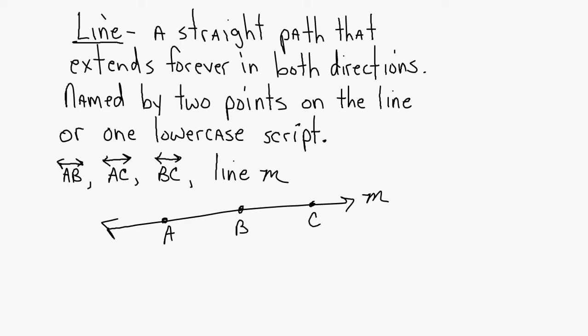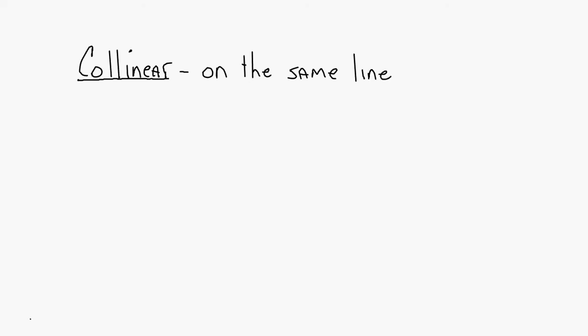Let's talk about the term collinear. What does linear mean? Linear means a line, doesn't it? So collinear means on the same line. It's typically referring to points that are on the same line. So if you're given a line,